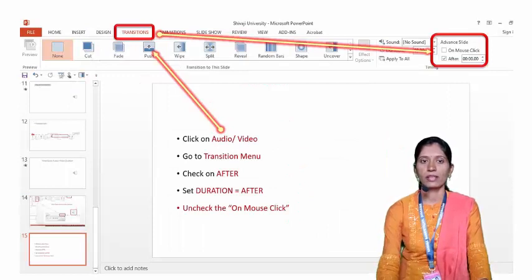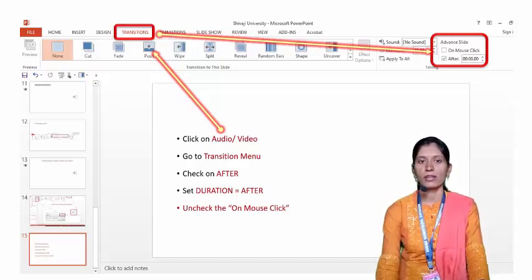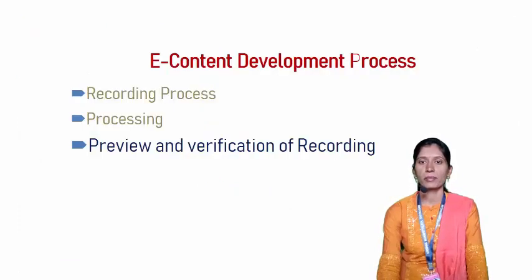Now click on the slide where you have recorded audio or placed video. Go to the Transition menu and set the duration of the respective audio and video at the option available under the Advance Slide submenu. Uncheck the On Mouse Click option. Put a check mark on the After option. Set the noted duration of the respective audio or video here. Ensure the recommended settings under the Playback and Transition menus for each audio and video. You can play the presentation from the beginning to verify it.